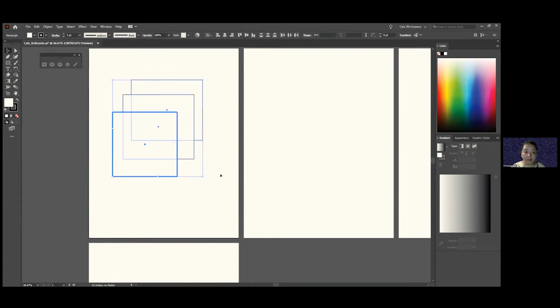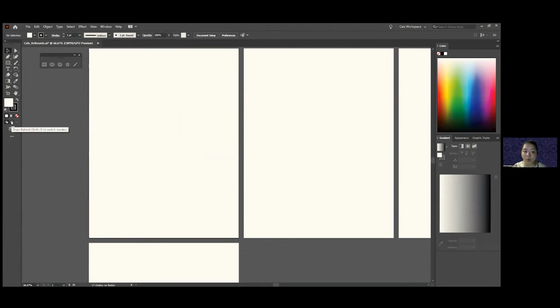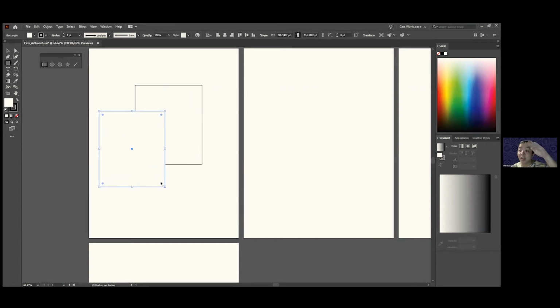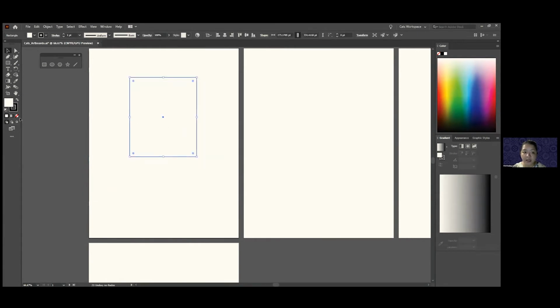So, there are 3 buttons that I'd like to introduce. By default, this is the first button that's selected because it's gray. Okay? So, this is draw normal. So again, this is normal stacking order. Okay. But if I have the second one selected, it says draw behind. Okay. So if I create the first object, this, normally, if you create the second object, it will go on top of the first object, right? But with this object selected, and you click on this button, and then you create that second object,